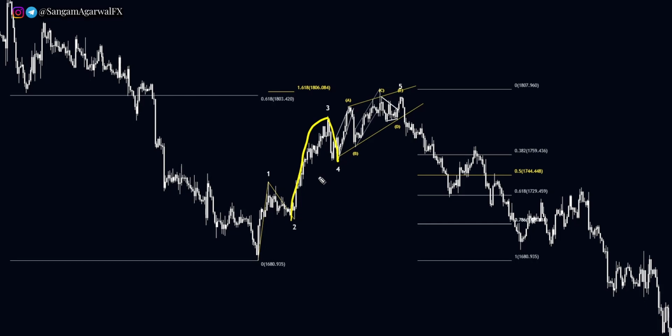And after the fourth wave ended, there was a fifth wave, which we call an ending diagonal chart pattern in this example. And for your clarity, so that you do not get confused, here you have 1-3-5 numbering, and the fifth wave ending diagonal has ABCD numbering. Because if you use 1-3-5 in an ending diagonal, then it is confusing. Beginner traders get confused